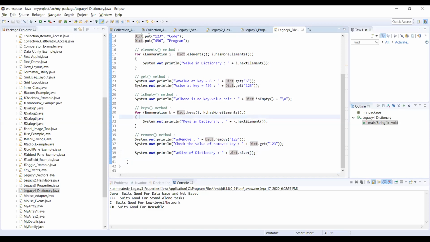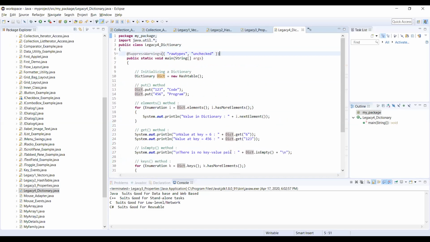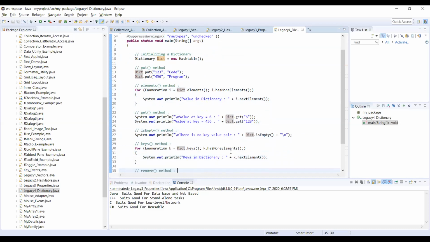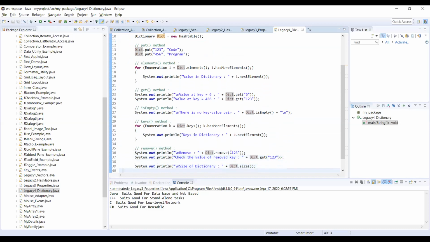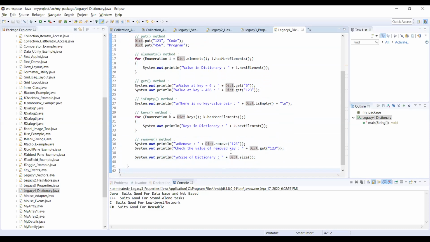Very many methods are there, but fundamentally we are using this put method, friends, which is used to create the dictionary and elements, then elements, to get the elements in the dictionary. And the get method, thereafter isEmpty for checking, and keys, which gives all the keys available. And thereafter removing the corresponding value based on the key, and the size of the dictionary. So let me run this particular code.